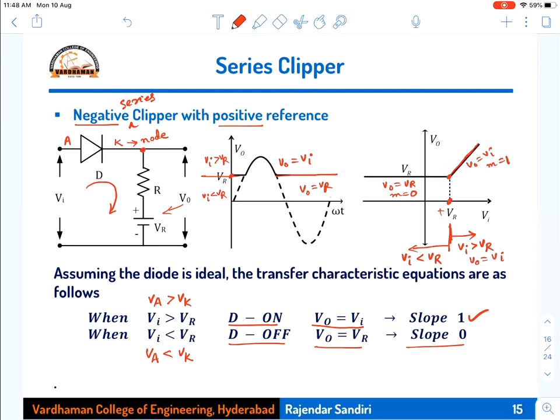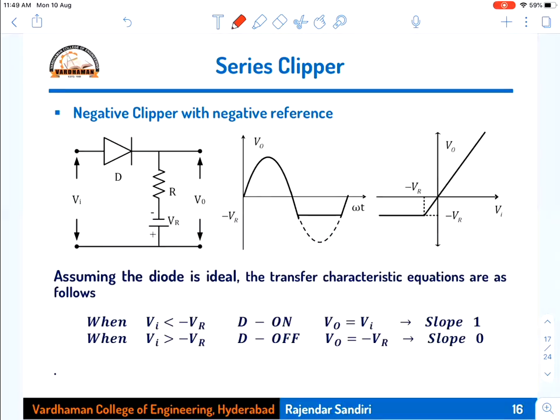If the reference voltage were not existing, then it would go to the origin and take the 0 value. But because the reference voltage is existing there, it is restricting the straight line up to the VR level. Then from there, it takes a constant voltage of VR. So this segment is V0 is equal to VR. Okay, that is the transfer characteristic plot. And these two are the transfer characteristic equations for the conditions Vi greater than VR and Vi less than VR. Is it okay? So in the same way, another series clipper.